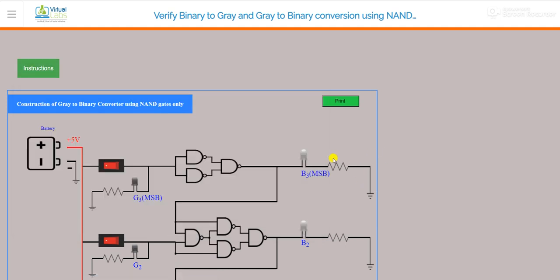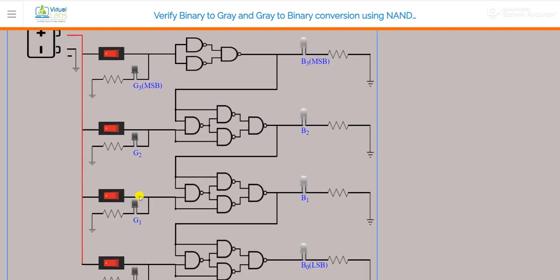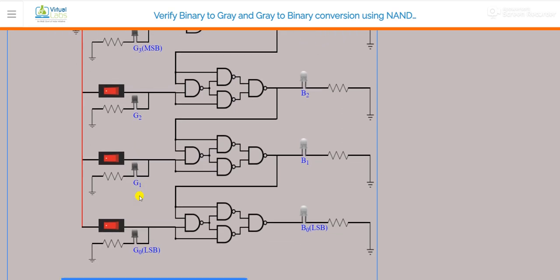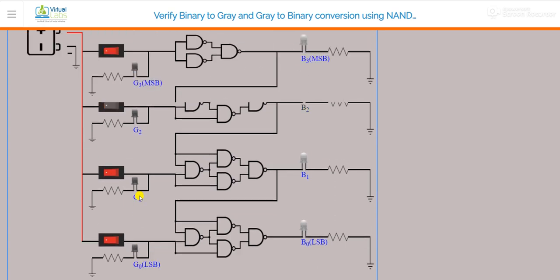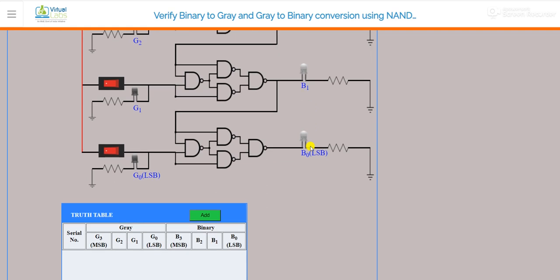Now, as we are converting 4 bits, it is basically a 4-bit gray to binary converter. There are 16 possible combinations. We can apply inputs from 0000 to 1111, and we will receive the corresponding outputs at B3, B2, B1, and B0.